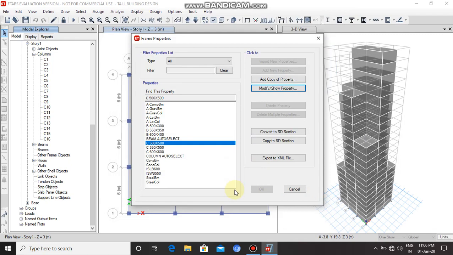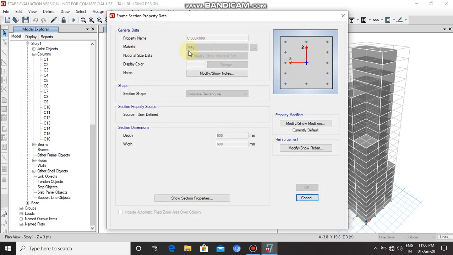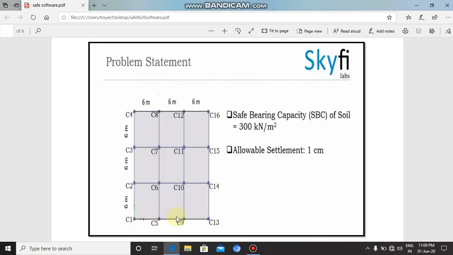Now for column 600 by 600, click on this column and then Modify, Show Property. Material is M40. This is the plan of the building for which you have to design a mat footing.